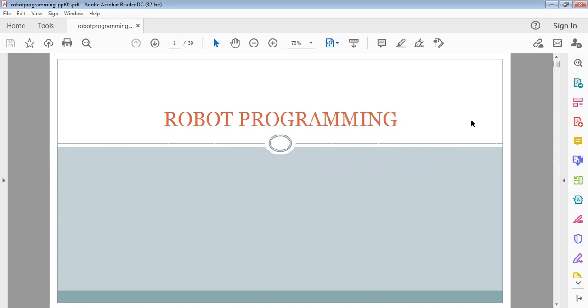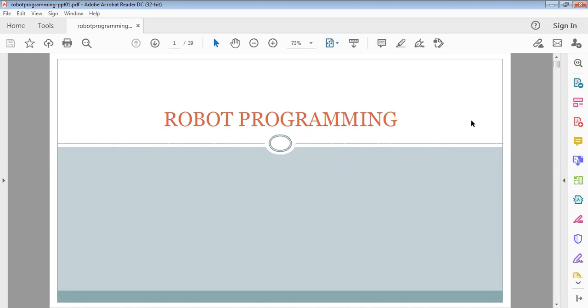So today we will discuss robot programming. In this topic, we will discuss instruction commands, move commands, and the different kinds of languages available to write robot programs. Okay. So before I start robot programming, let me tell you.